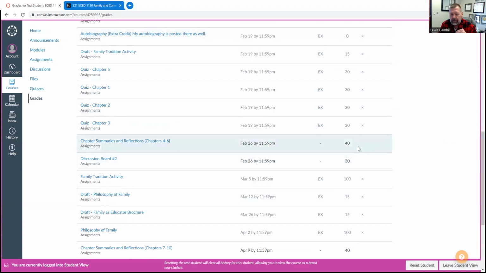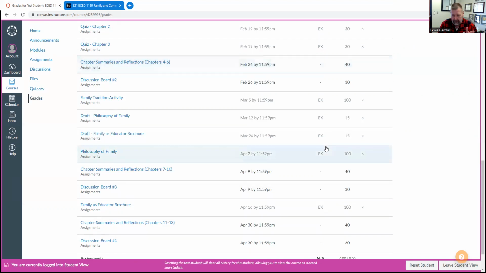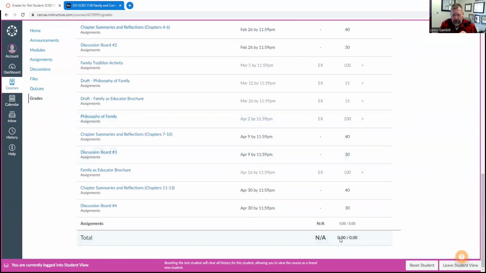But one thing I do want you to be aware of, when you look at your grade book and you see a dash, in the past, many students have totally freaked out because they thought they had a 0. No, that simply means that I've not graded it yet. There's no grade for me to put there yet. But on the bottom, it'll give you a percentage.